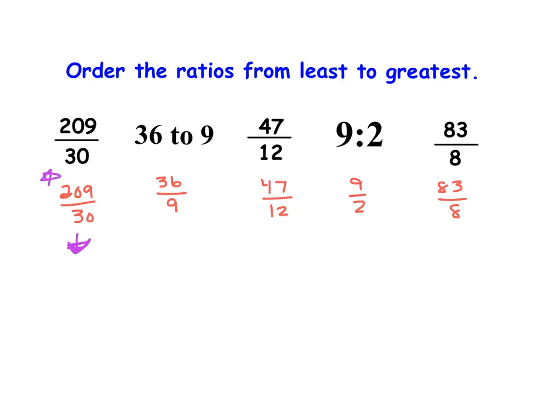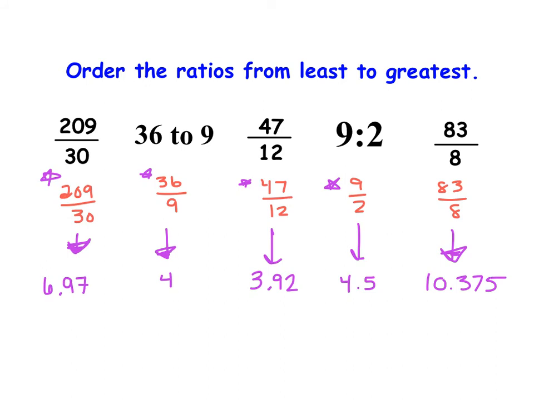So if I look at this first one here, I see 209 over 30. So if I take 209 and divide it by 30 on my calculator, I end up with 6.97. So that one's a pretty large number, actually. If I look at the next one, the second one here of 36 over 9, if I take 36 divided by its denominator of 9, I get 4. If I take this next one here, 47 divided by 12, I end up with 3.92. If I take that next one of 9 divided by 2, in my calculator, I find 4.5. And then that last one of 83 divided by 8, I end up with